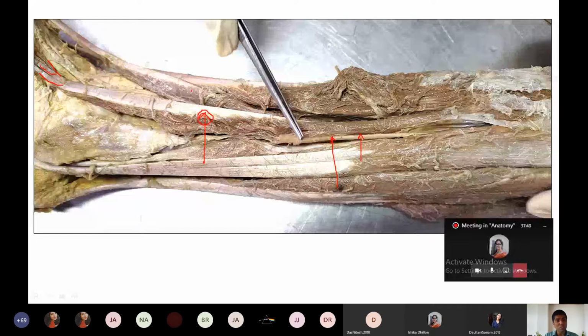And by the side of this muscle, you can see another muscle which is going downward into the hallux, into the great toe. So this one is the extensor hallucis longus. This tendon is the tendon of the extensor hallucis longus. Here, if it is pinned, you can write extensor hallucis longus muscle. Here, if it is pinned, you can write tendon of the extensor hallucis longus. At a little higher level, the tendon is hidden by this muscle, but in the lower part you can see the tendon tipping out towards us.